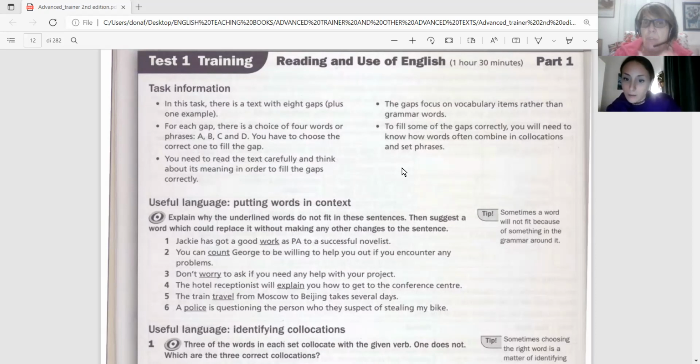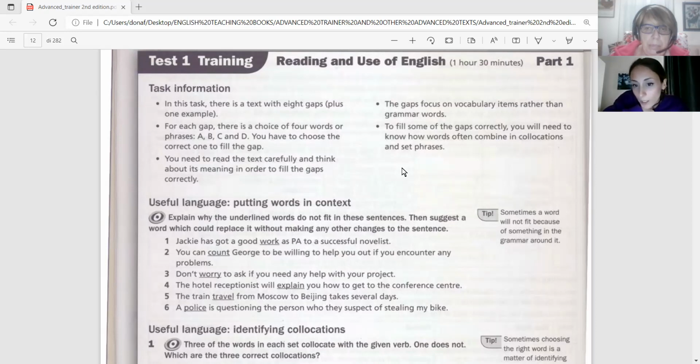Possono essere vocabulary items, per cui vocabolario, piuttosto che parole grammaticali. Che vuol dire? Che puoi trovare dei sostantivi, delle parole normali, degli aggettivi, ma anche una struttura grammaticale, un verbo al passato, un ausiliare, puoi trovare un po' di tutto. Ok. E poi infine